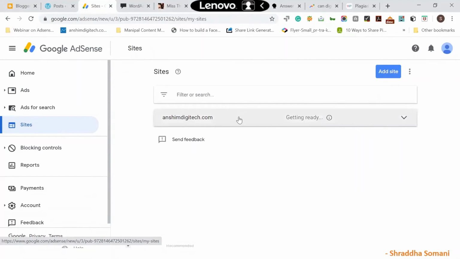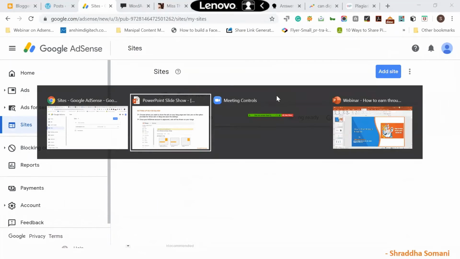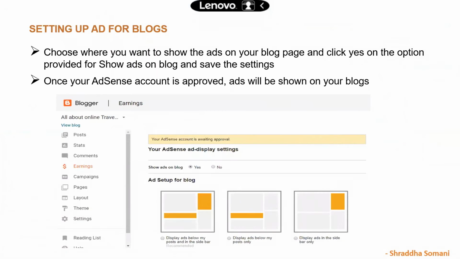But if it's the same, you cannot do it. You cannot create the same domain name on both the accounts. It should be a unique account. It will say that this domain is already registered. All right. So I hope that I have clarified the doubt. Okay, thanks. Okay, so back to our presentation.